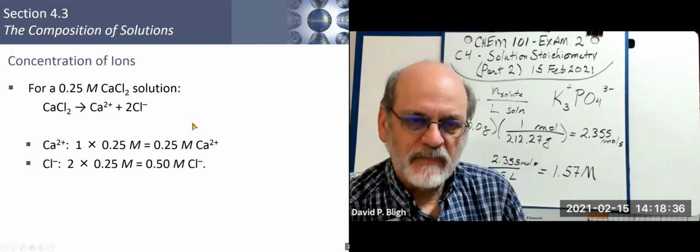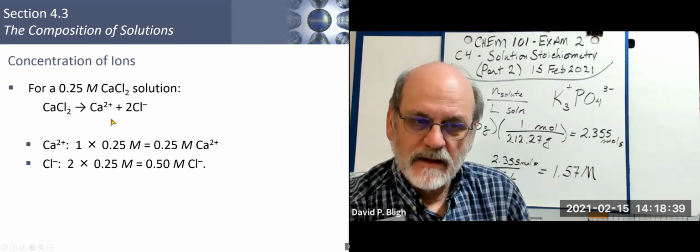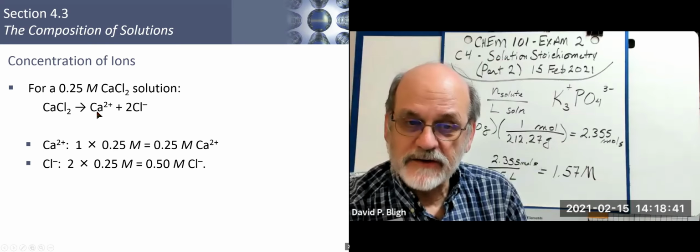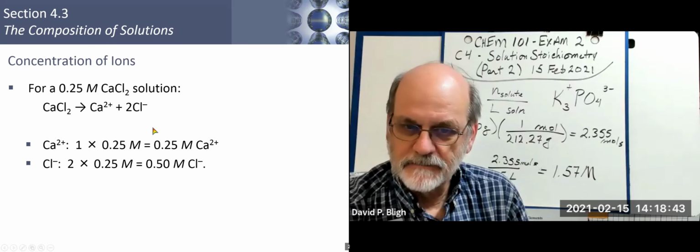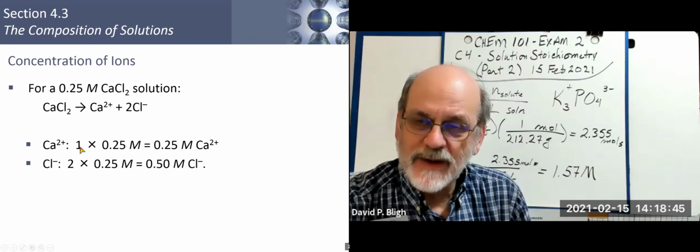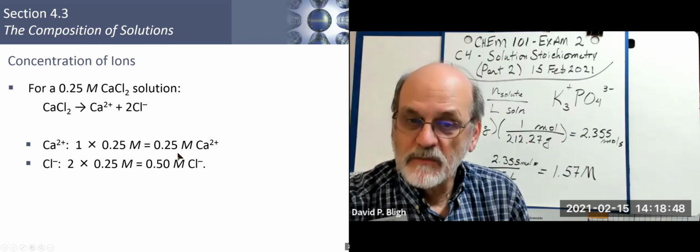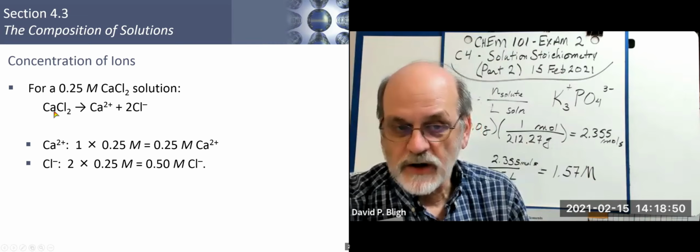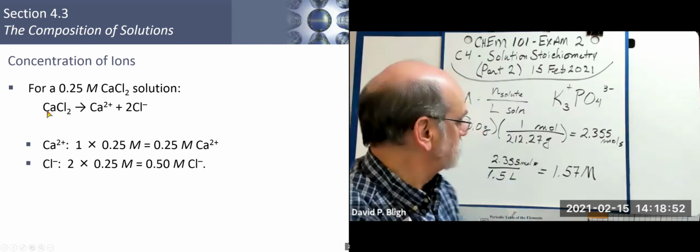All right. So in this case, calcium chloride breaks up into 1 calcium and 2 chlorides. So the concentration of calcium ions is the same, 0.25 molar calcium, because for every 1 calcium chloride,